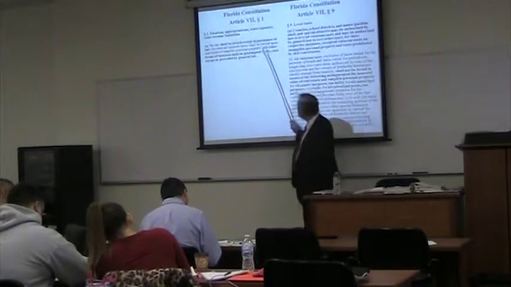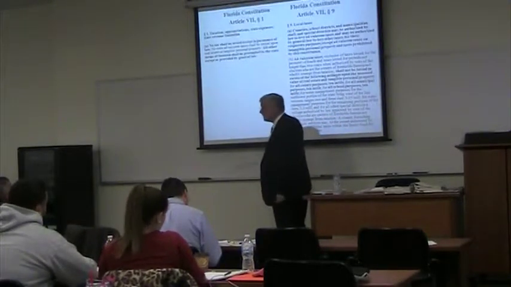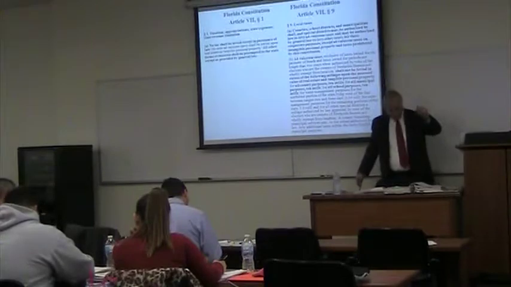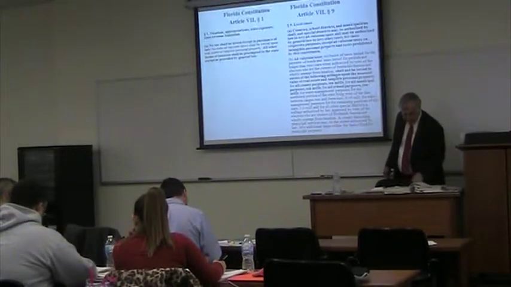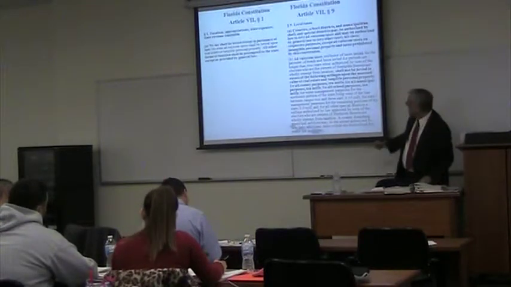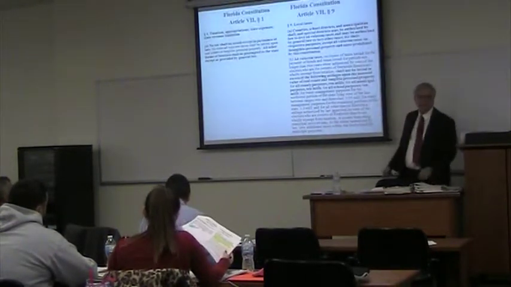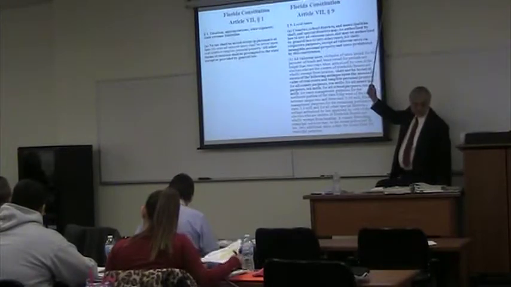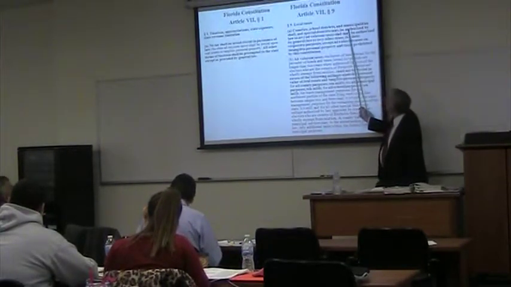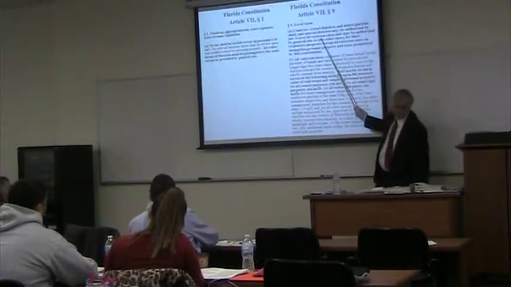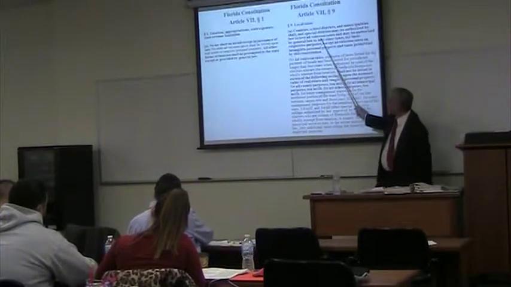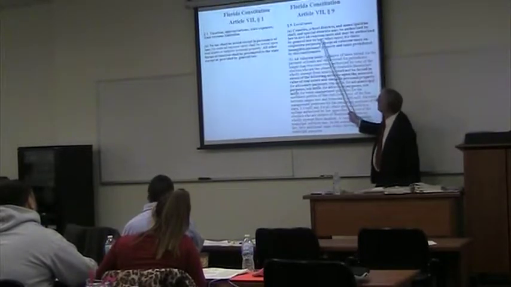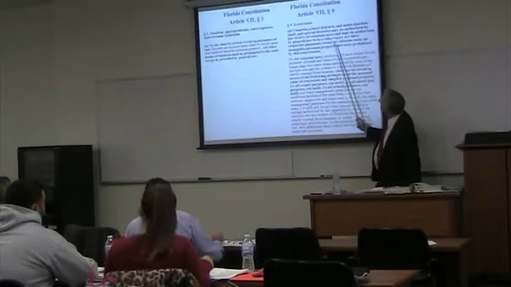So, if we want to know what the taxing power is of the state and local government, we go to two places. We look first at the Florida Constitution, and then we go to the statutes. If we look all the way through the Constitution, you will find, as I said a moment ago, Article 7, Section 9A, which says, counties, school districts, and municipalities shall, that's mandatory, and special districts may be authorized to levy ad valorem taxes, that means taxes on the value of property, nothing else, and may be authorized by general law. General law, of course, is passed by the state legislature, to levy other taxes for their purposes, except for,